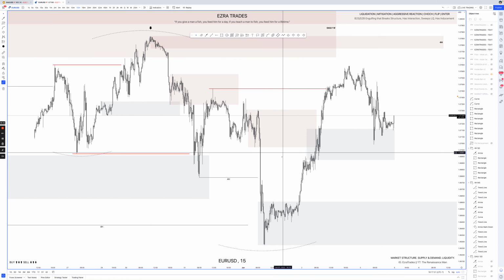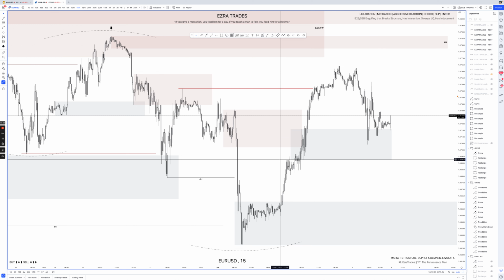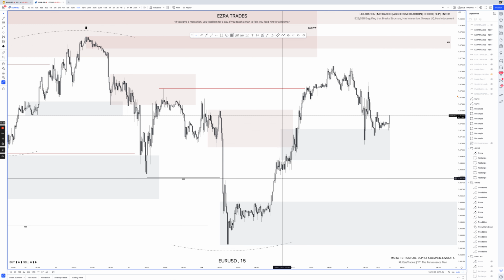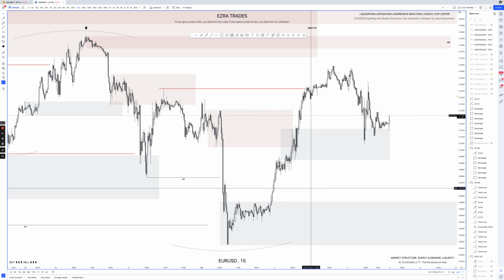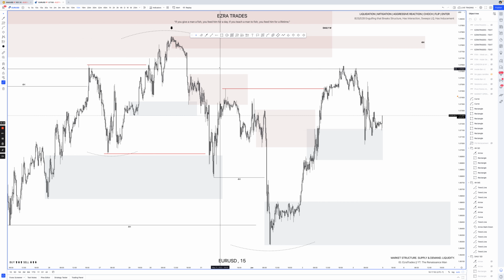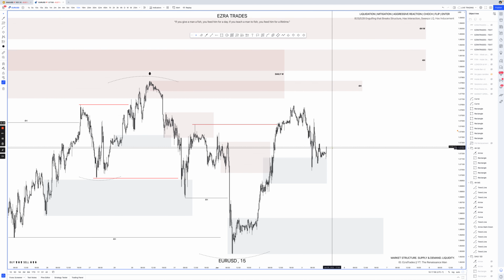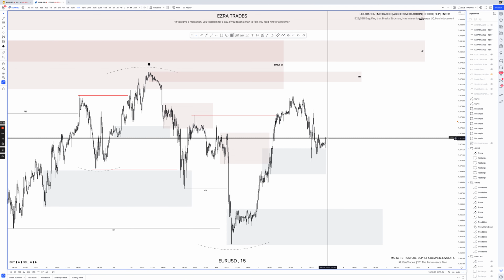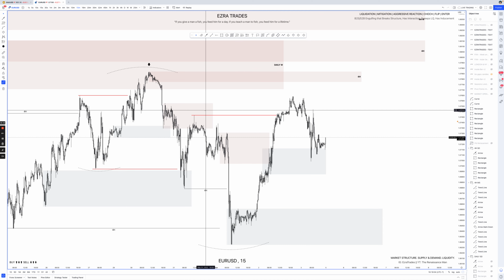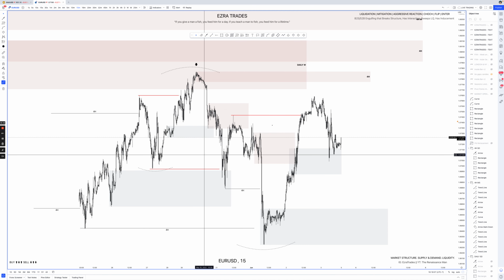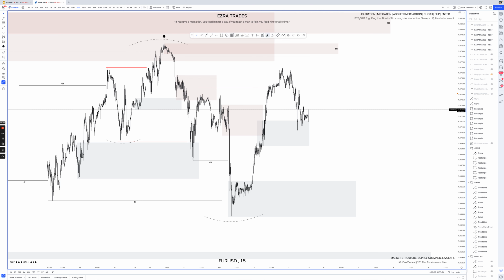Now, as I mentioned already, when we have alignment of the higher time frames or the highest time frames, price is going to be very impulsive and commitment is going to be very strong, giving us poor structure on the 15-minute in many cases. I personally trade 15-minute structure, so I like to see clean 15-minute structure. So it doesn't really matter too much what's happened prior. At this moment, this is current price. So price is either going to come lower or it's going to come higher. So we don't need to mark 15-minute structure in here and past price action, because the most recent swing,